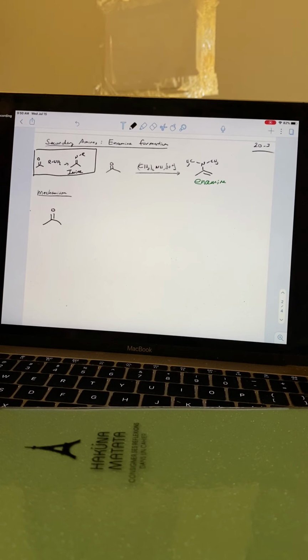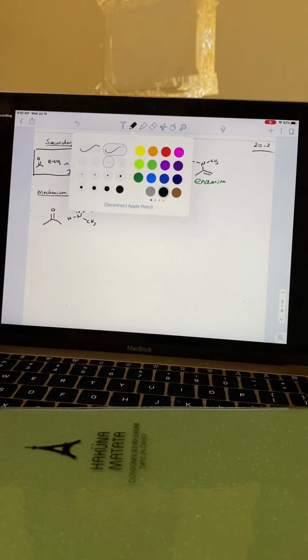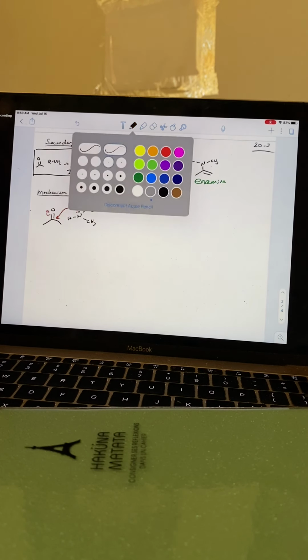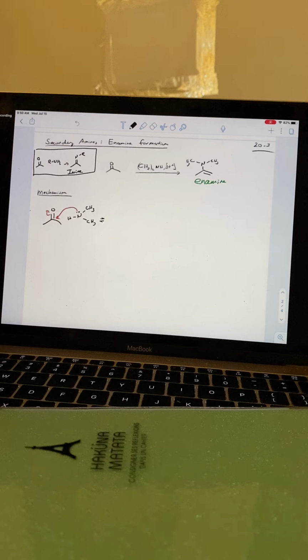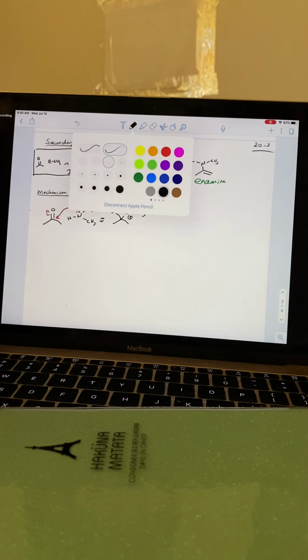So let's take our carbonyl group, and we'll just use acetone as it is here again. Dimethylamine. So actually, this looks like we'll start off the same as we did with the imine formation. Let's have this act as the nucleophile, attack the carbonyl carbon, move those electrons up onto the nitrogen, forming a dipolar intermediate. So let's have CH3. Well, we put the proton up there. So just like what we saw with the imine,